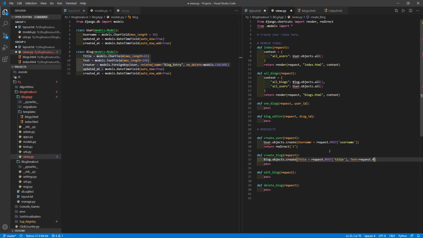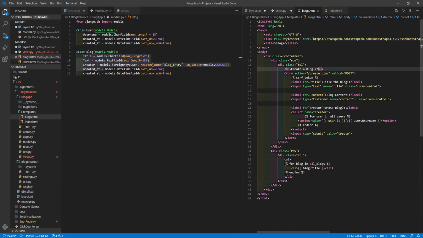Is there any way you could repeat that last few seconds you said about the blog part? Sure, which part? So this is our form. Our form is asking for a text input for the title, another text input for content, and then we're giving a list of the users that have been made, which are going to be under the name creator, and the value will be that user's ID. When all this is submitted,